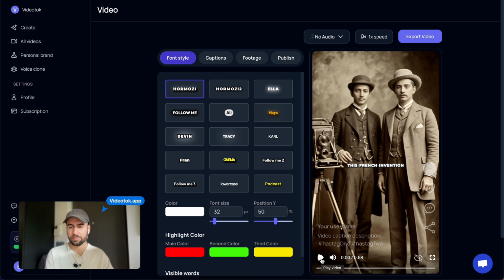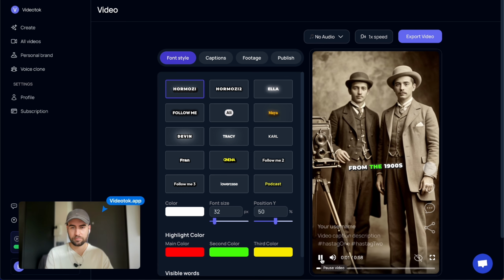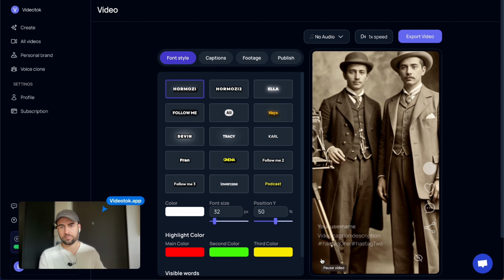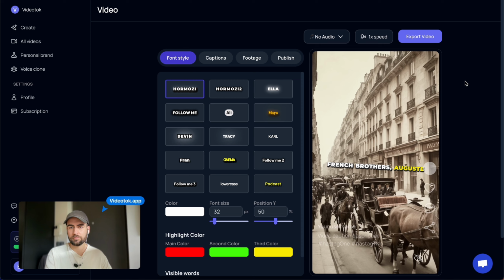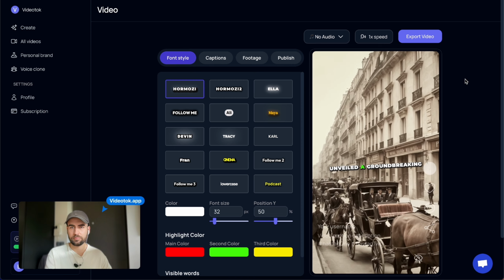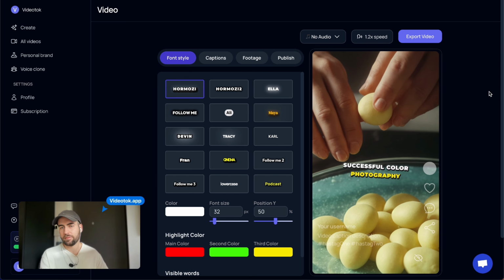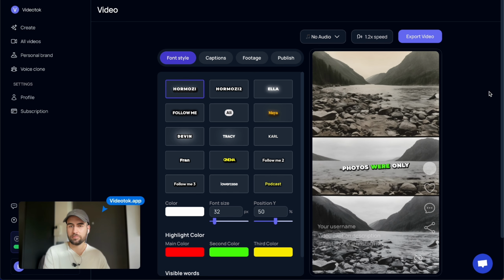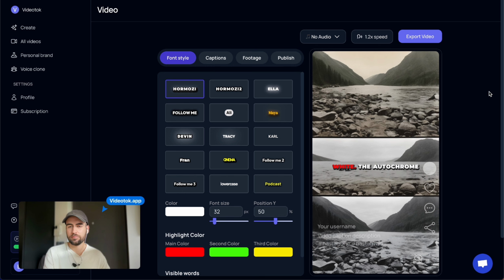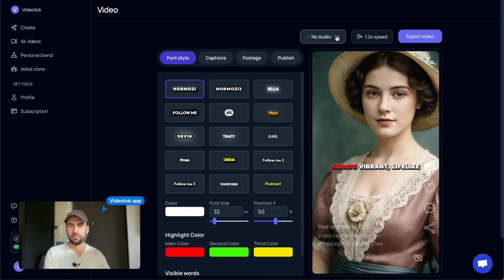This French invention from the 1900s changed how we see the world. In 1907, two French brothers, Auguste and Louis Lumière, unveiled a groundbreaking invention, the first commercially successful color photography process. Before this, photos were only in black and white. The autochrome used dyed potato starch grains to create vibrant